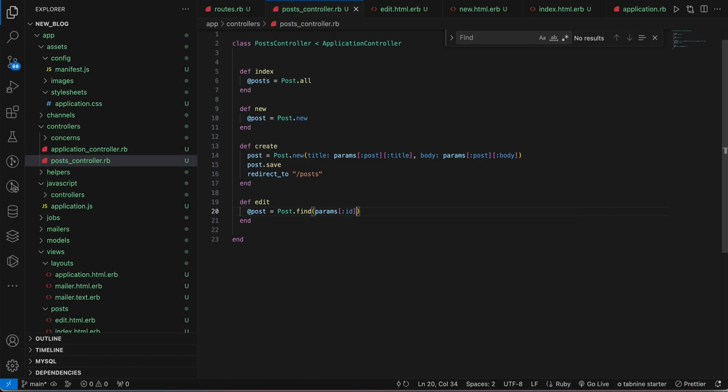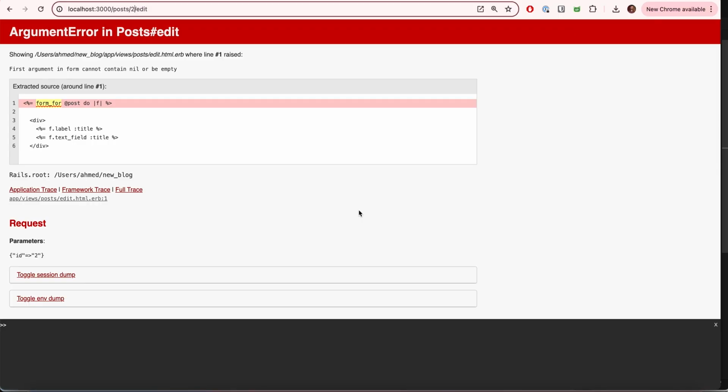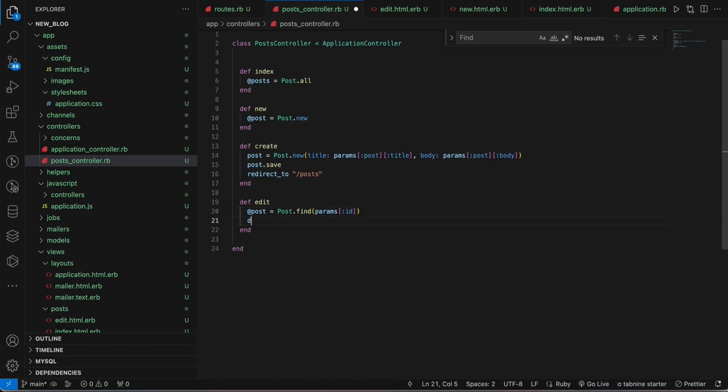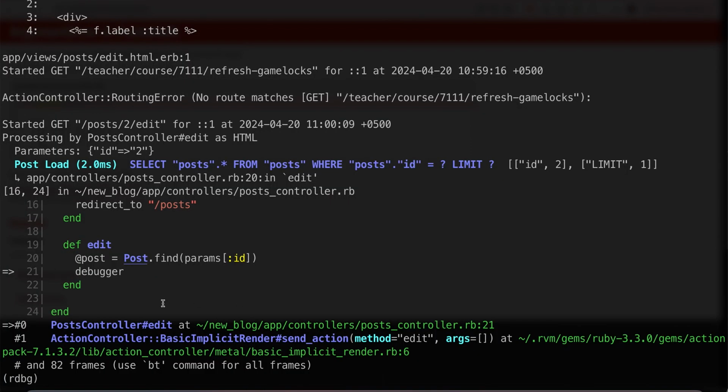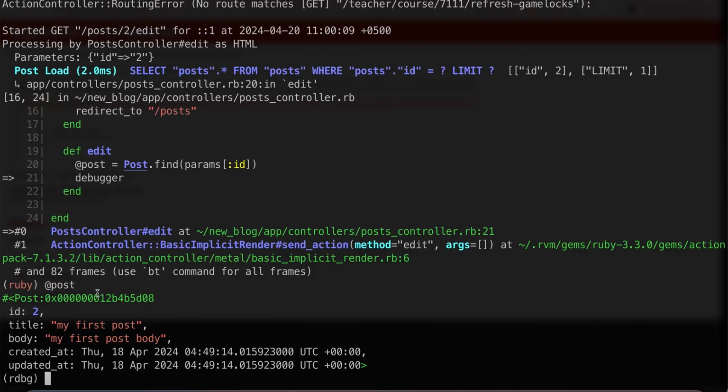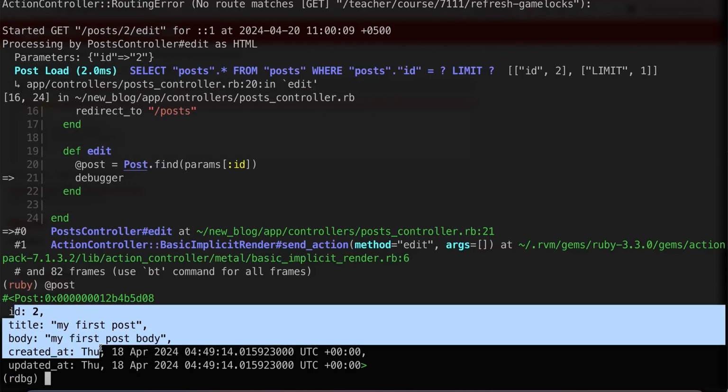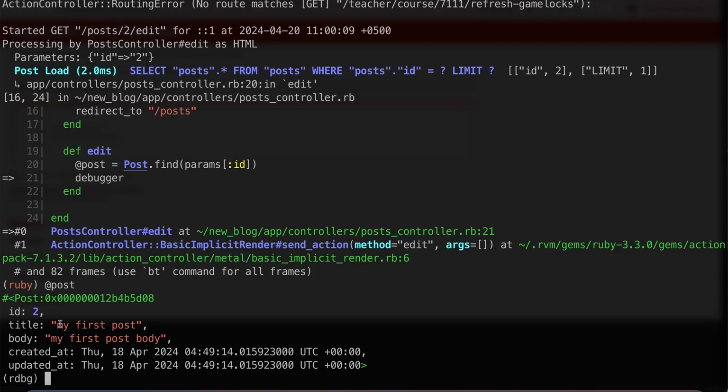In the params we can find the ID. Okay, let's add a debugger so I can show you that we have actually found the post. And now if I refresh, it is refreshing. If we go to the terminal, the code execution is stopped here, and if we check this post instance variable, you can see that it found this post from the database and returned it in this instance variable. Let's continue